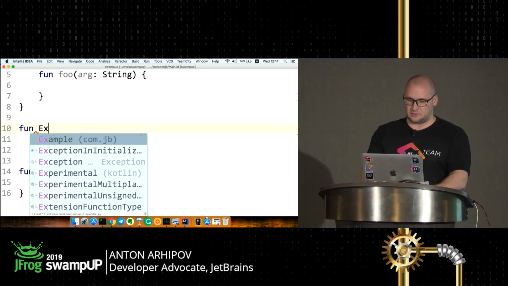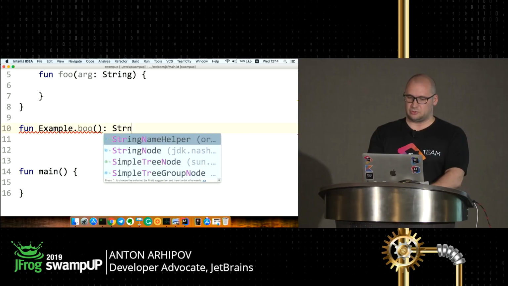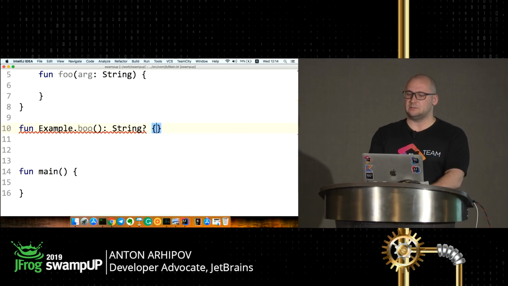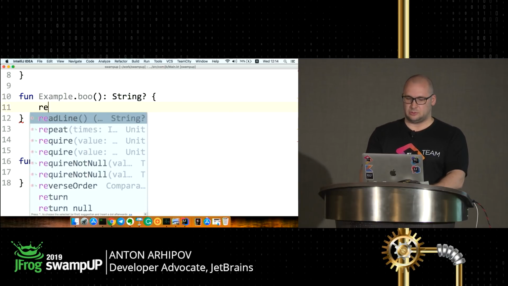So I can declare a new function for that class as an extension and say that it should return a string which might be null. So we have nullable annotations. The question mark means that it should be of type string, but it might be null when it returns. So return